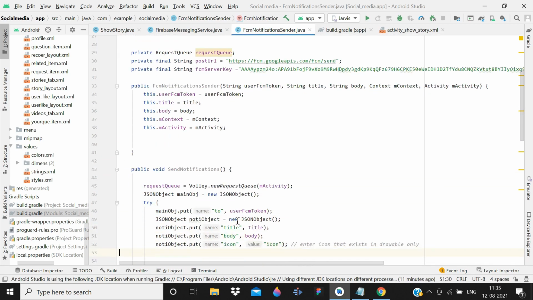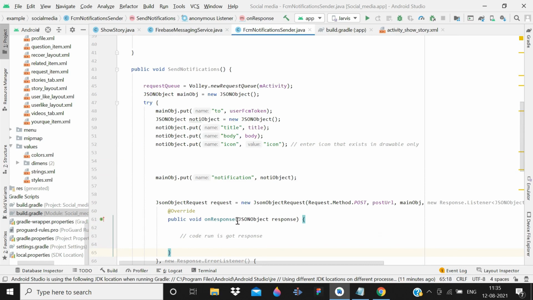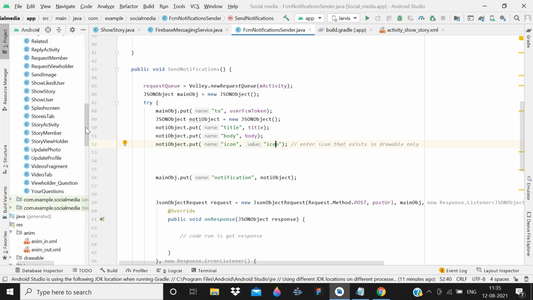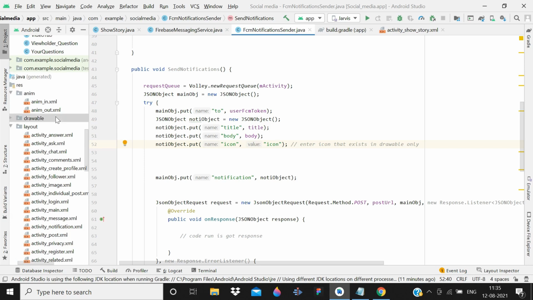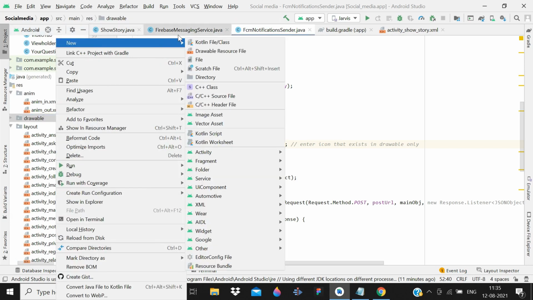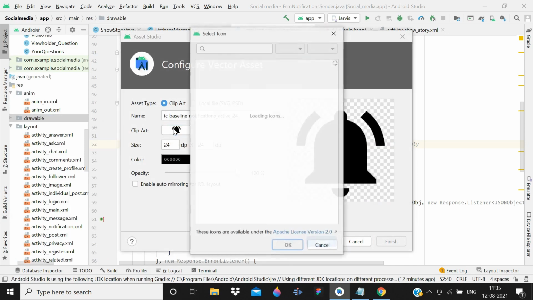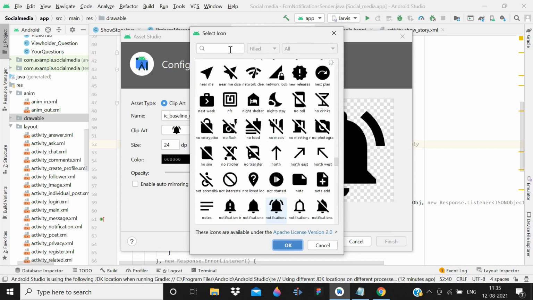After adding that key, for the icon of the notification, you can see that my value is icon. So I will create a drawable file named icon. New vector asset, and you should pick the icon of your app.